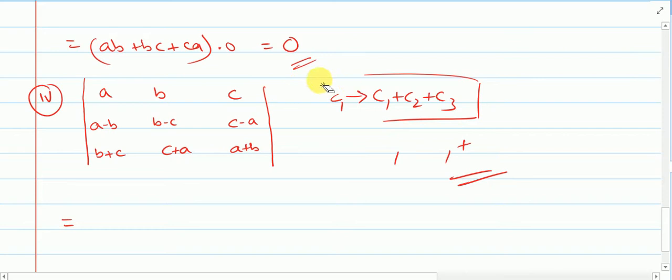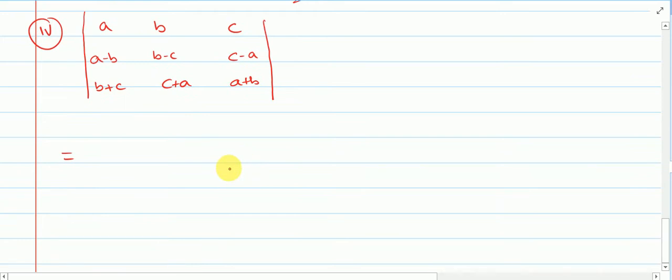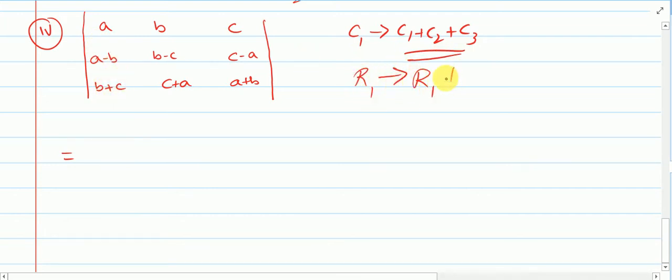And one more thing, it's not necessary that the way I am doing here right now has to be done in the same way. One can do it in other way also. You may operate some other columns and rows, and you can simplify. It depends on you, but make sure that when you are doing it, don't make it complicated for yourself. So you should always try to go for the easier one. Like here I saw that if I operate this, still I'll get something common, but I felt maybe this will be more helpful to me. So I'm going with this one.